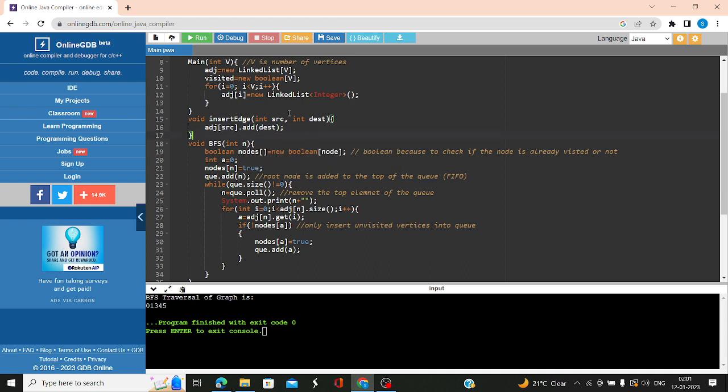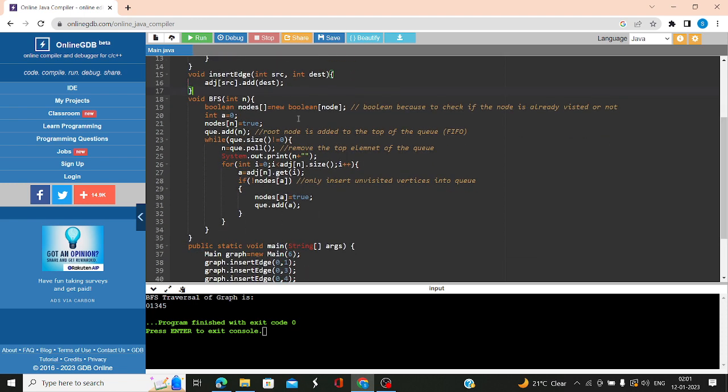Now basically, in BFS and DFS you can see they are almost similar, but the main difference between BFS and DFS will come in this particular function, the logic in this function where we are going to make changes. Instead of a queue, we are going to make use of stacks. And how we are going to make use of stacks, let us see. Instead of BFS, I'm writing DFS here. Instead of n, which is nothing but the vertex, I will just name it vertex for better understanding. So, same argument, int vertex. So basically, in this void DFS, which will take your vertex as the argument, you have to